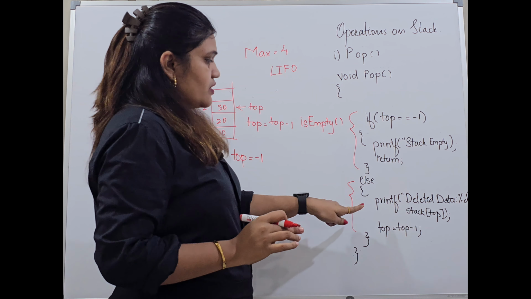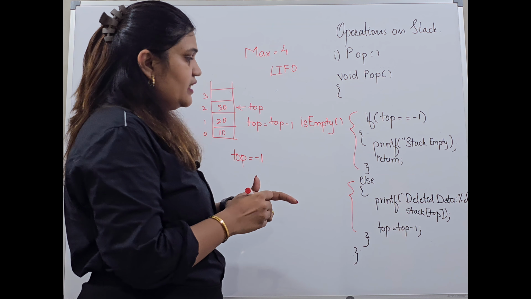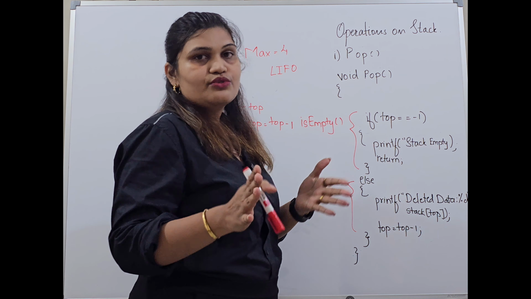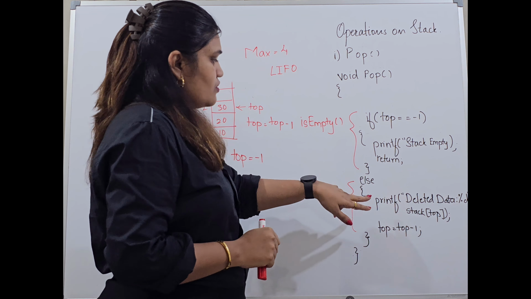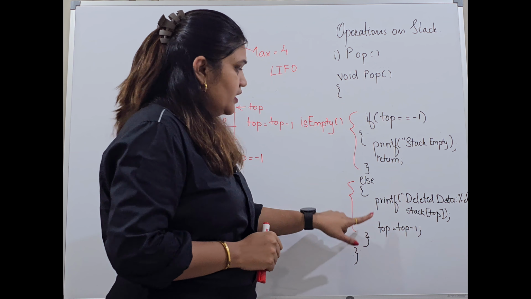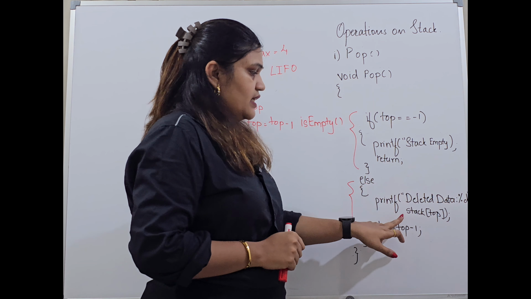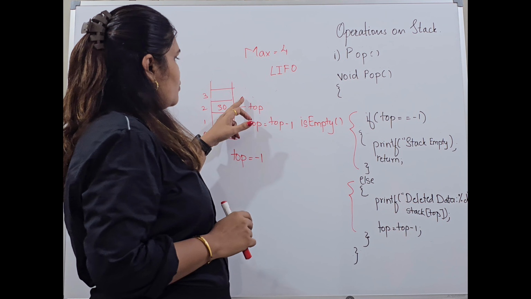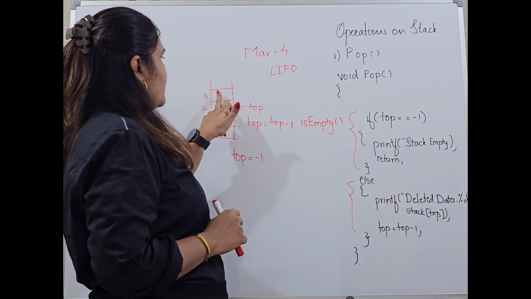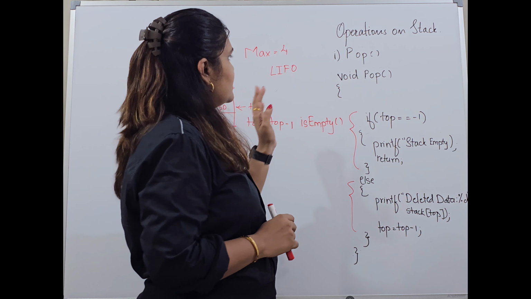With that, I'm also using a printf statement. What is this printf statement doing? Before deleting the element, I just want to let the user know which element is deleted. That is the reason why I've taken a printf statement before deleting the element. I've mentioned deleted data is %d, stack of top. So when I do top - 1, the top is decremented here and the element that it was pointing to is already removed. So that is the concept of